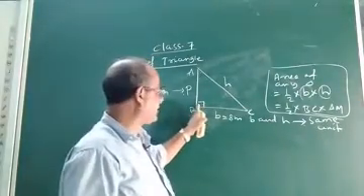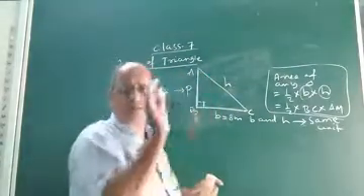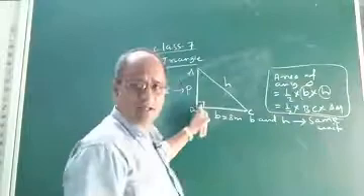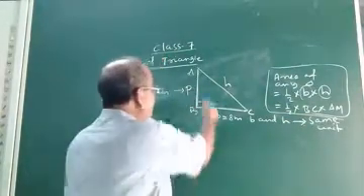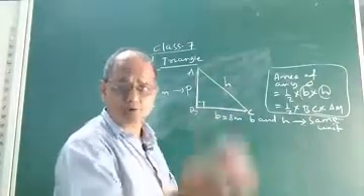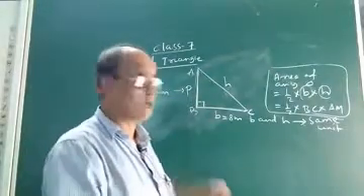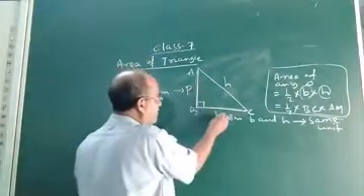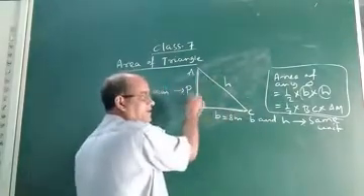Now the right angle, you see, these are the two sides, BC and AB, the two sides containing the right angle. If one of the sides is perpendicular, the other is base. That means AB and BC, the perpendicular and base, are mutually perpendicular. That means if this is P, this will be B. If BC is taken as P, then this side will be taken as B.